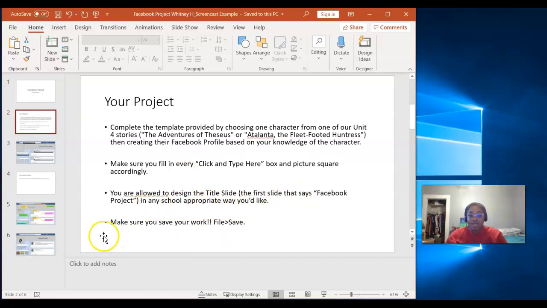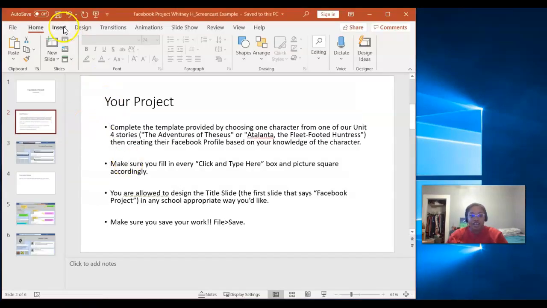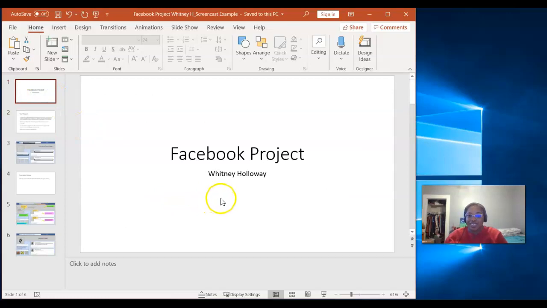And I have another reminder for you to make sure you save your work. File and save. You can do it like that, or you can hit the button I just showed you, save. So let's go back to our title page. We are going to do a little bit of decoration here. Now there are two ways to